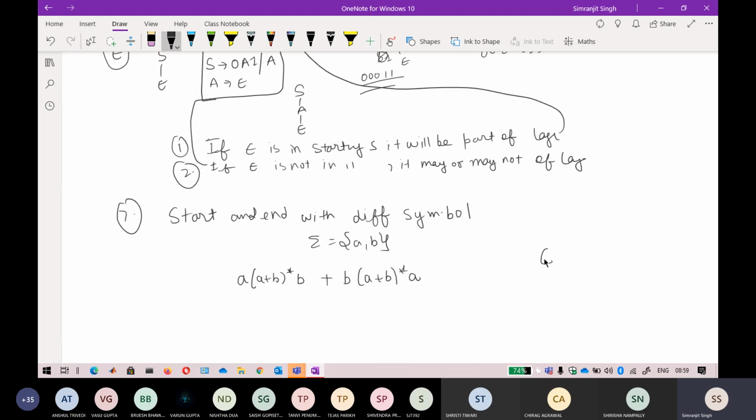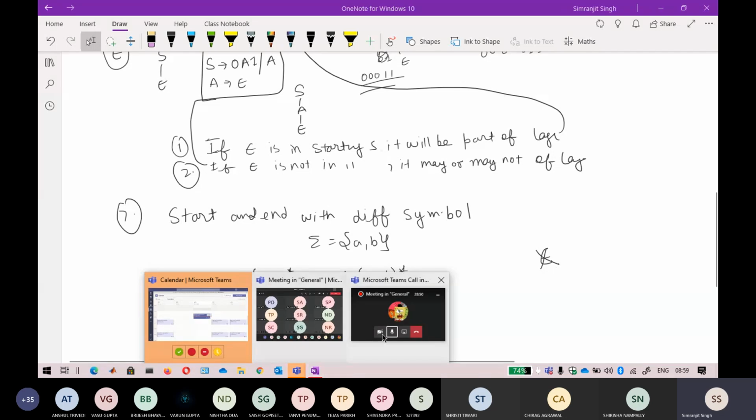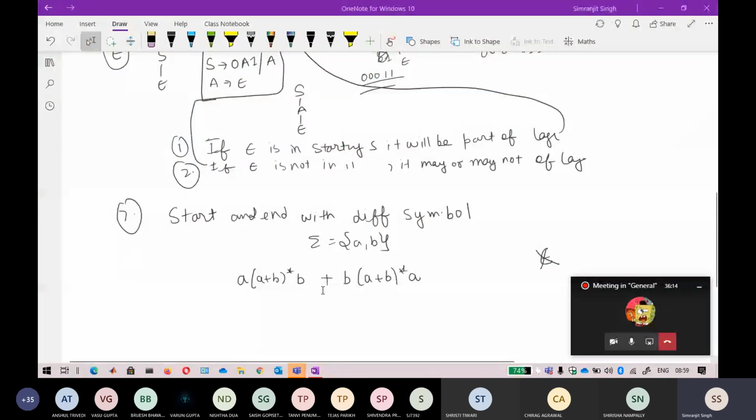No, there is not epsilon, because epsilon is starting and ending with the same symbol. Keep that in mind, epsilon will not be a part of this language. Just try to write it. I think you are getting my point here. It is very easy if you write a regular expression to write a grammar. Everything is connected somehow. Just try it.